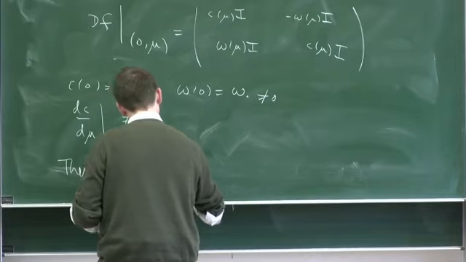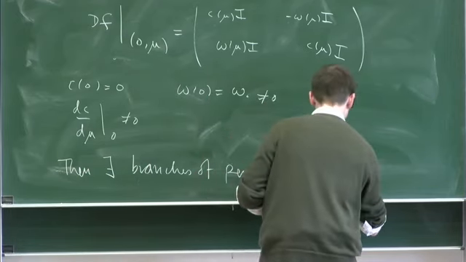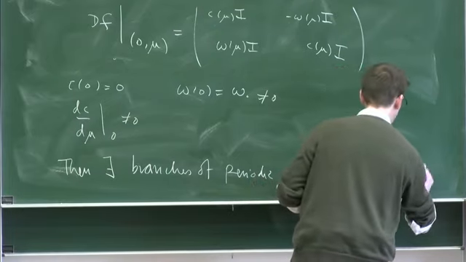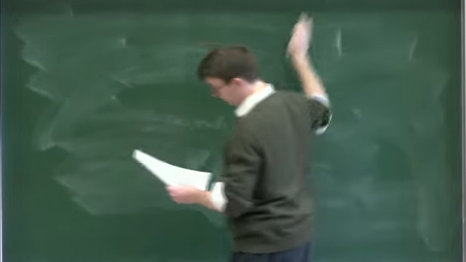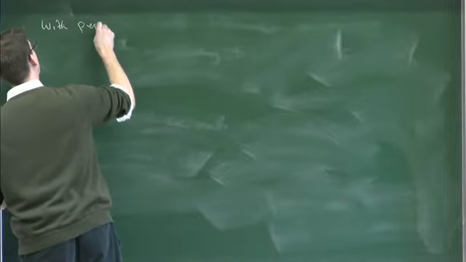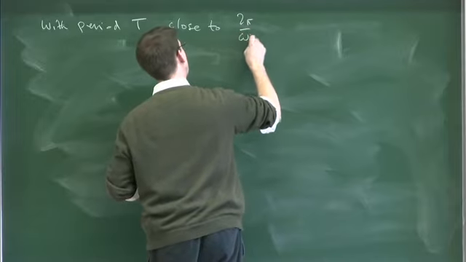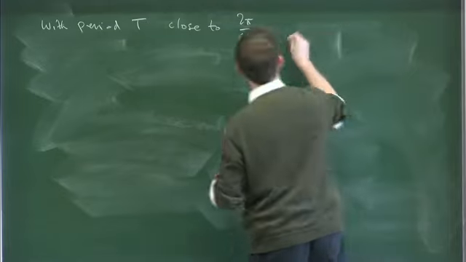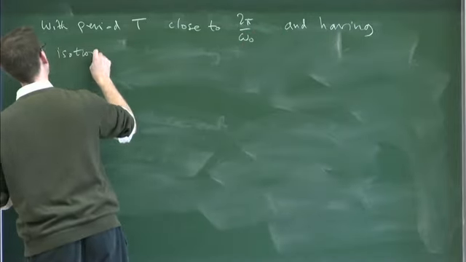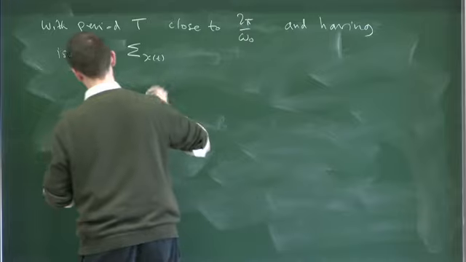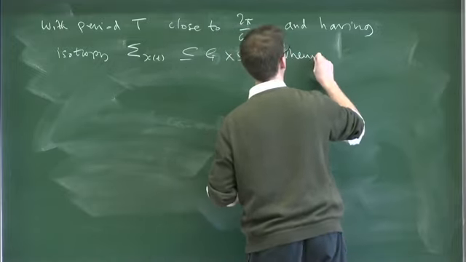Then there exist branches of periodic orbits x(t), periodic for period capital T, close to 2 pi over omega 0, and having isotropy sigma of x(t), which is contained in G cross S1. So whenever